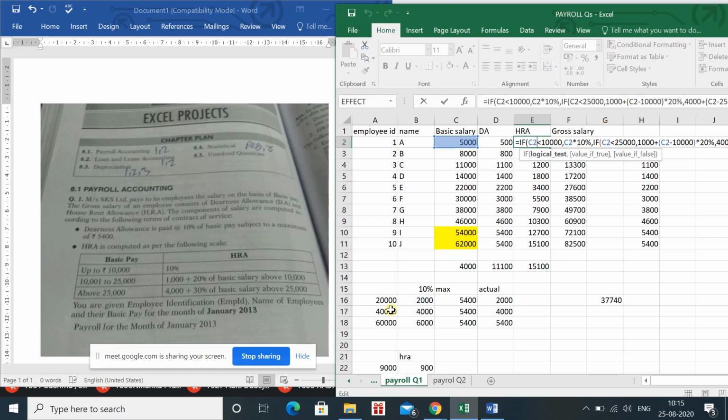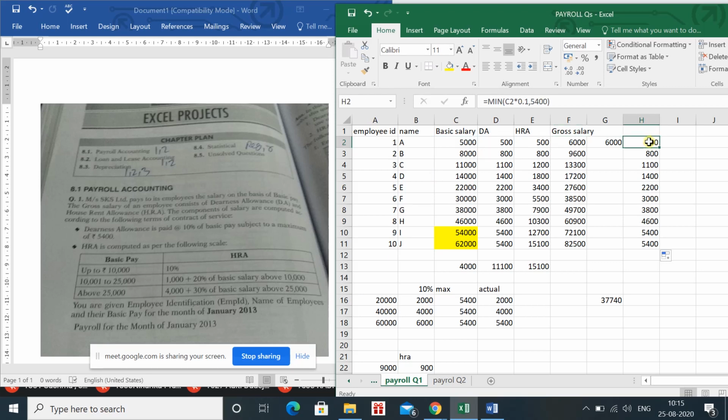Ma'am, can you please repeat again how to apply it to all the fields? You just go to this cell where you have applied the formula. This plus sign will appear. आप एंड में जाओगे, this plus sign will appear. आप अपना कर्सर प्रेस करो, means you just press the mouse, then drag it, और फिर उसके बाद उसे छोड़ दो, तो वो ऑटोमेटिकली ड्रैग कर देगा उस फॉर्मूला को सारे सेल्स में.